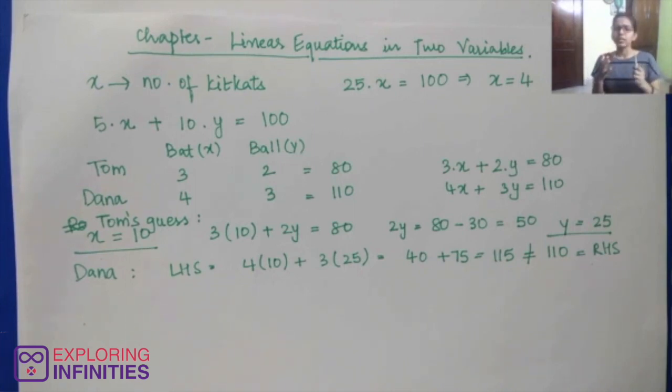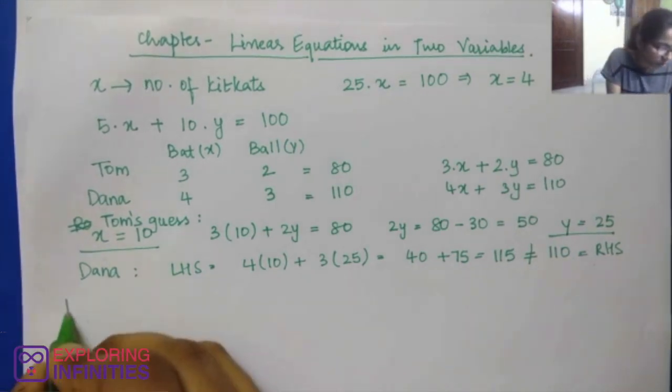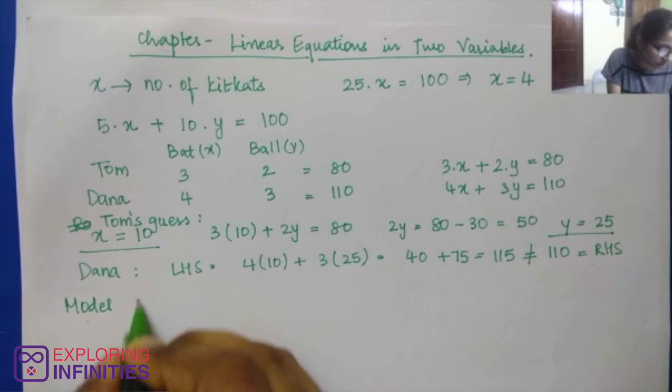So we'll develop a method by ourselves using probably circles, squares, rectangles, and see what exactly is the value for x and y, and what exactly is the cost of a bat and a cost of a ball. So we'll call this method the model method. Okay. So in my model method,